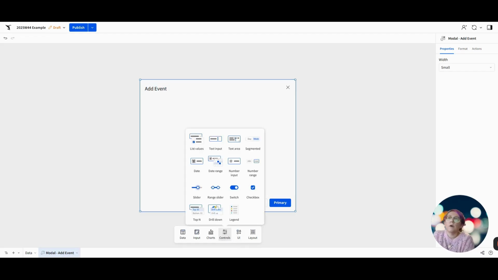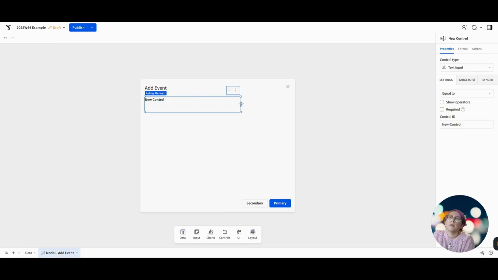And I want to add some controls. I want a text input. These are going to be for user input, so I don't necessarily care about creating them from columns. And this is going to be called event name. And I'm going to call this AE for add event